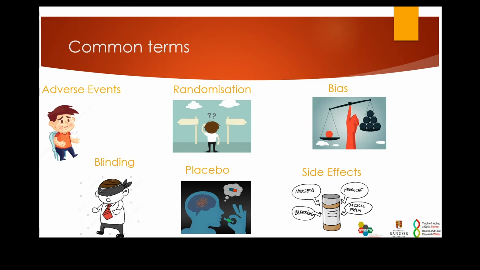And an aspect of that is placebo. So a placebo is a drug or pill which is designed to be harmless and ineffective, but looks, tastes, and smells exactly like the active treatment. And this helps with blinding so that patients don't know which treatment they are receiving. Side effects are similar to adverse events, but they are attributed to the treatment this time. So it's a rash or a headache or nausea as a result of taking a certain treatment or medication.